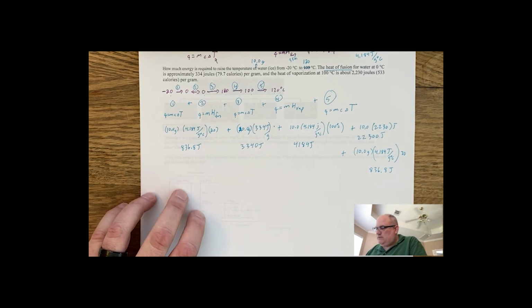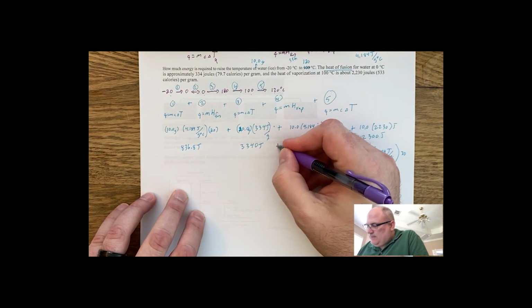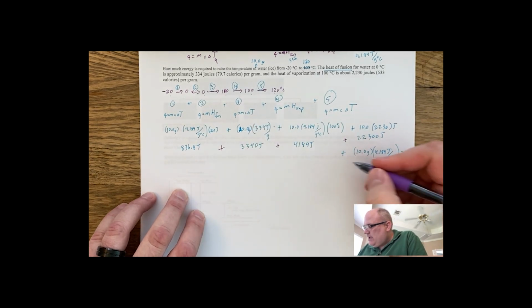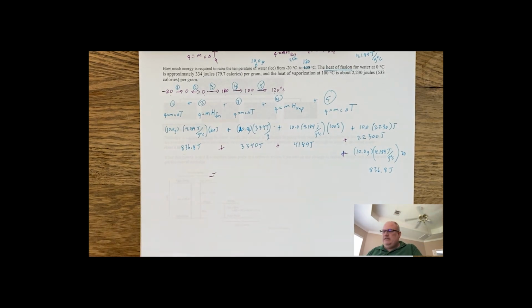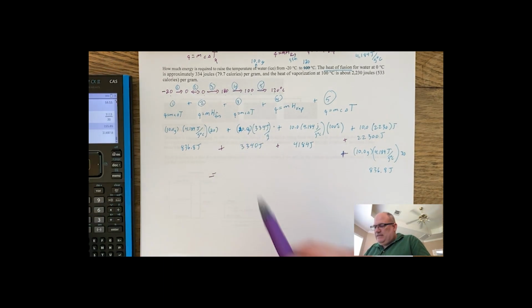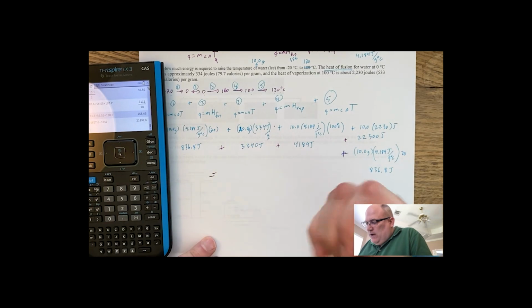So I'm going to put the numbers in here like this, and these are all the numbers that we are adding together. And when we add them all together, I made a mistake with my numbers here. And so the actual number I end up with here, joule-wise, is